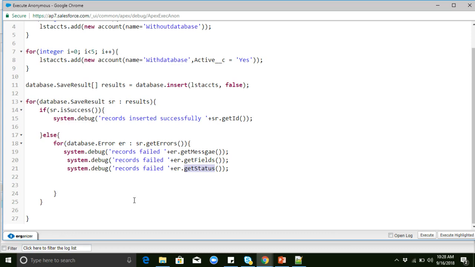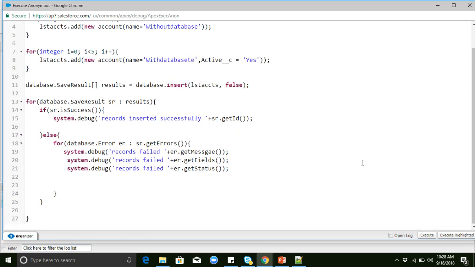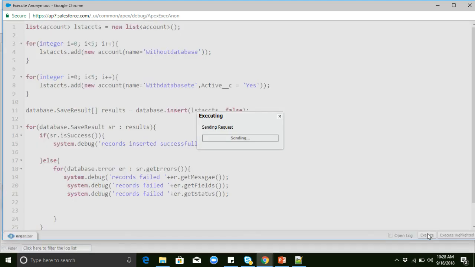Let's go to the same code. I will change it here, and we'll check in the debug log what will happen.